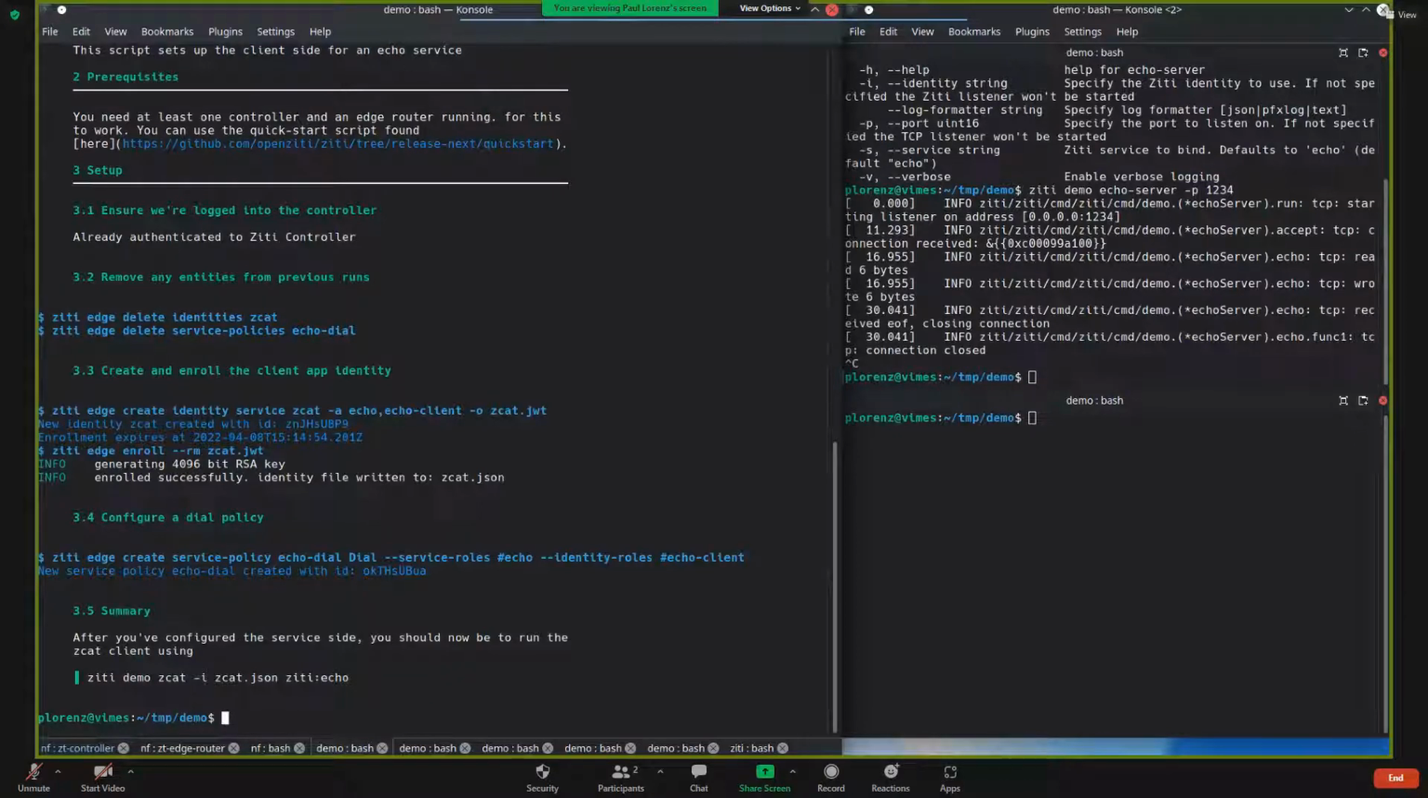Later we're going to be adding hosting identities, and when we do our cleanup, we're going to want to clean up multiple. So instead of doing delete identity 1, delete identity 2, just list them all out. Gotcha. And then you're cleaning up any old identities that might be there named zcat, and then you're deleting the service policy called echo dial, which presumably is going to authorize the zcat identity to dial the echo service. Yep. And then you ZD Edge create identity